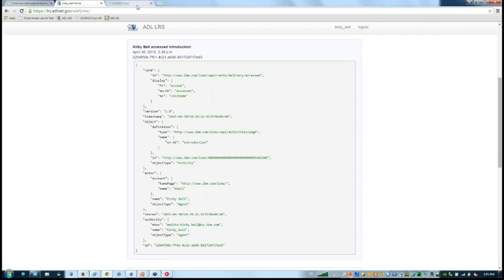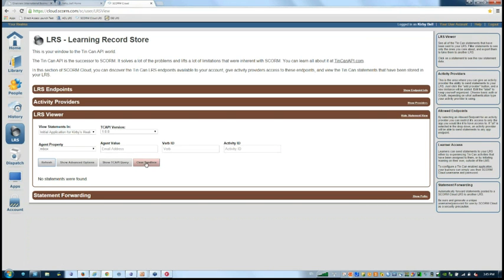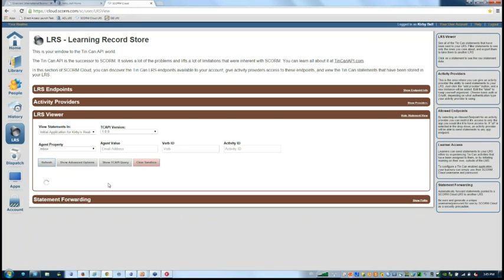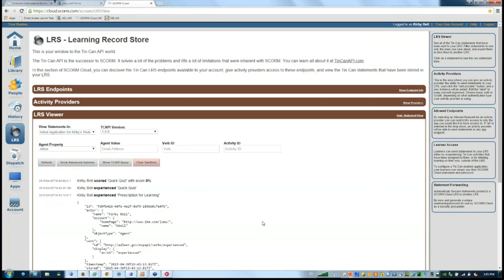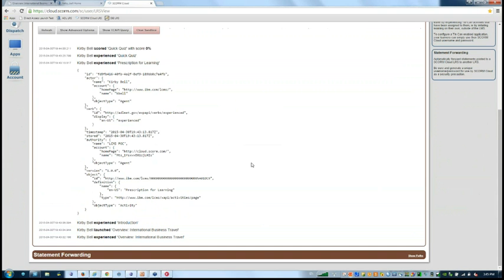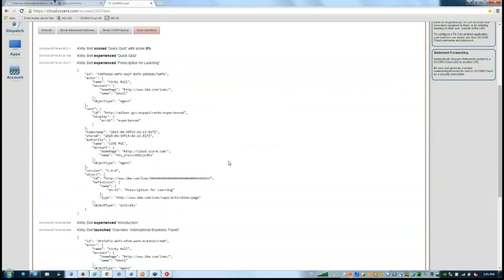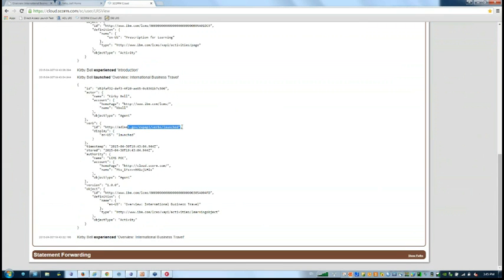But if I log into this Storm Cloud LRS, you'll see that I'm using a different vocabulary. You'll see that the verb in this case was translated to the ADL verb, experienced. Everything else is the same. The actor is the same, the object's the same, but the verb is different. So I think I translated launched to ADL's launched.